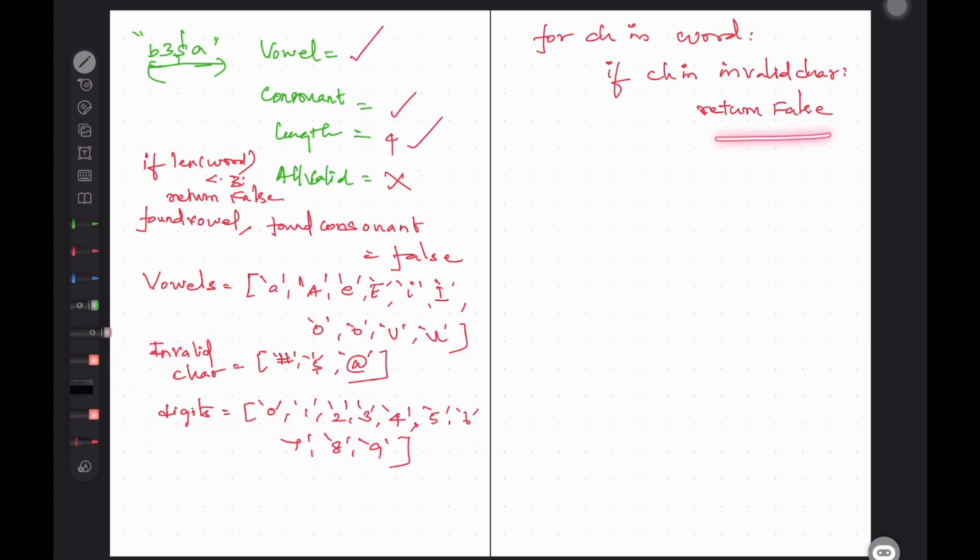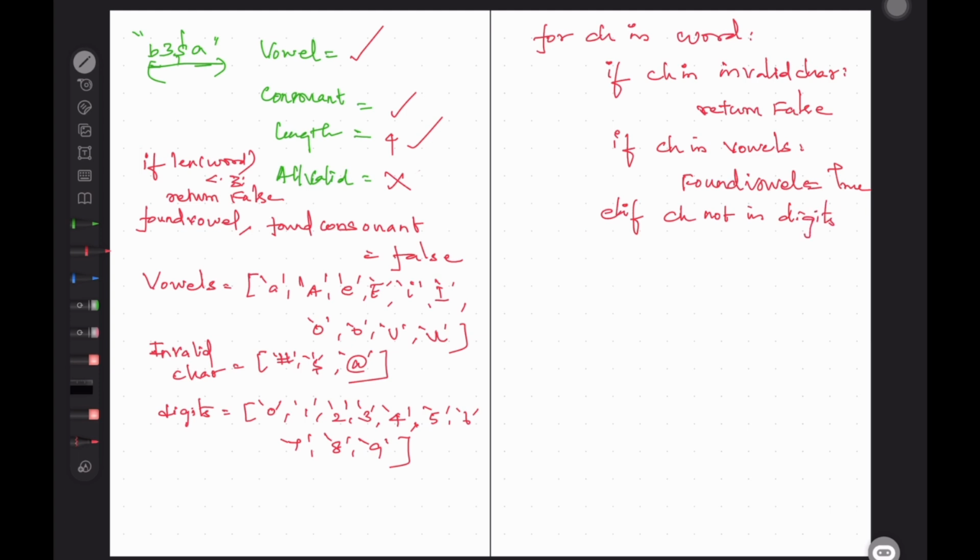If not, you have to figure out if the character is in vowels. Then you can set found vowel to true. Else if the character is not in digits.